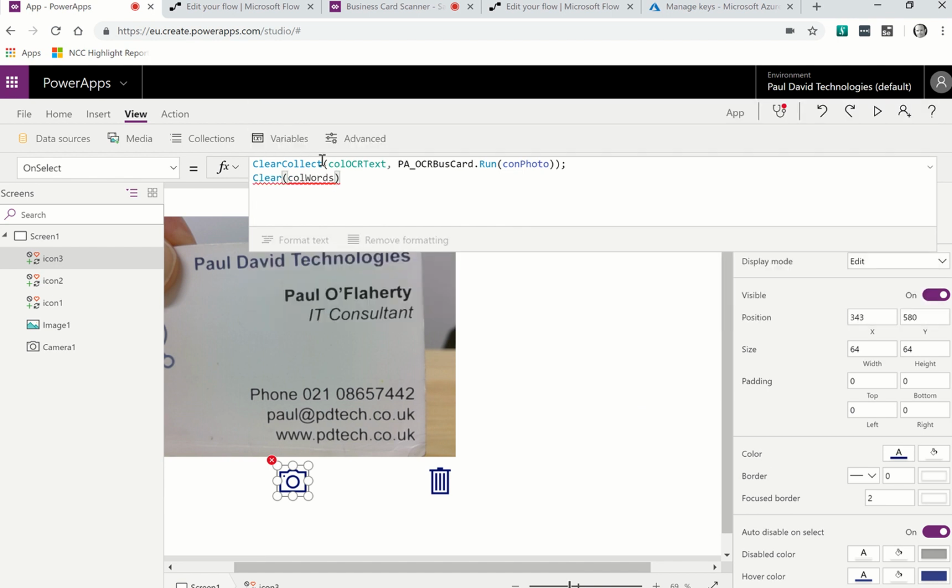So up here I'm doing a clear collect because every time I hit this button, I want to clear out what's in my col OCR text collection and replace it with what came back again. With the col words, we're going to do some looping, some iteration. So what I want to do first of all is just clear it out and make sure it's empty, and then start putting some things in. Now it's going to give me the little red underline because I haven't actually defined what col words is yet,